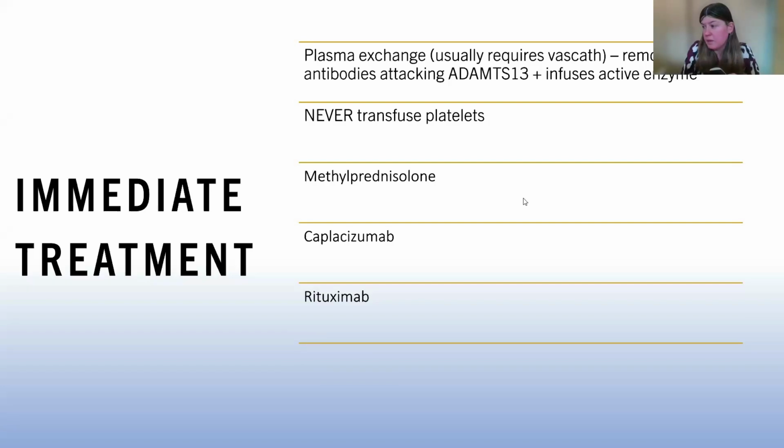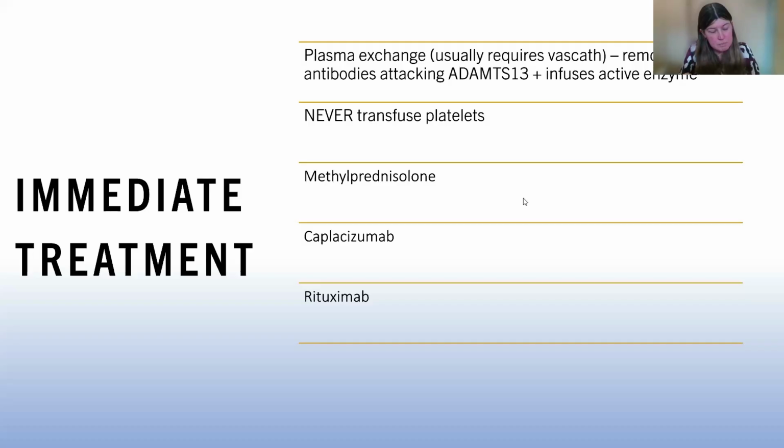Okay. So if we think about the treatment that we give once we suspect TTP, the first part of treatment is plasma exchange. This involves putting a vas cath in, removing the patient's plasma, centrifuging it, and then returning it with transfused plasma. Essentially what you're trying to do there is to clean the plasma and to remove the autoantibody. By giving the plasma back, we use solvent detergent plasma or Octaplas for the plasma exchange, and that contains some normal ADAMTS13 as well, so it replaces the enzyme that's been lost.